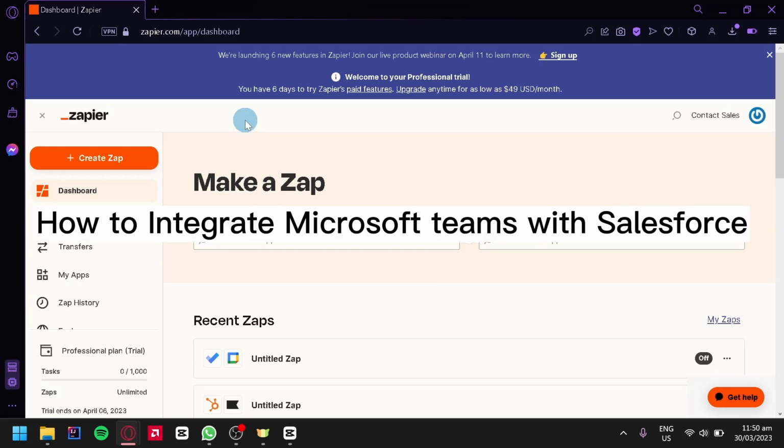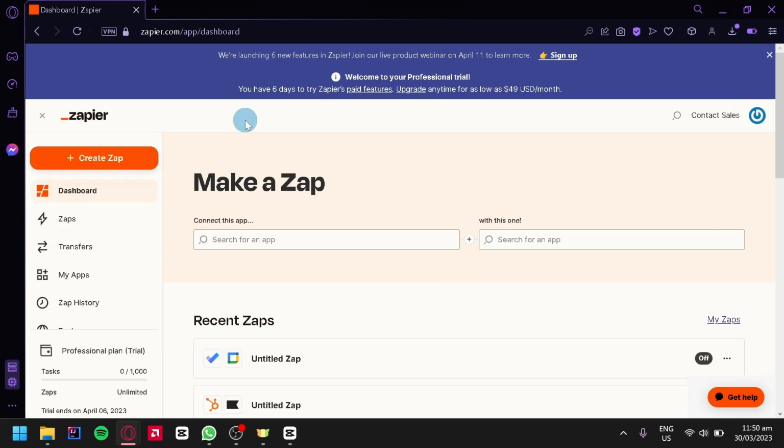How to integrate Microsoft Teams with Salesforce. Hello guys, and today we're going to talk about these two platforms called Microsoft Teams and Salesforce. Now to make these two work together and integrate, we're going to use this third-party website called Zapier.com, and you're